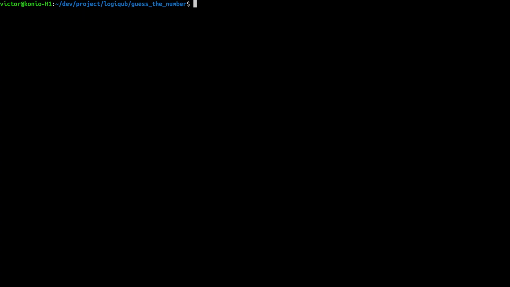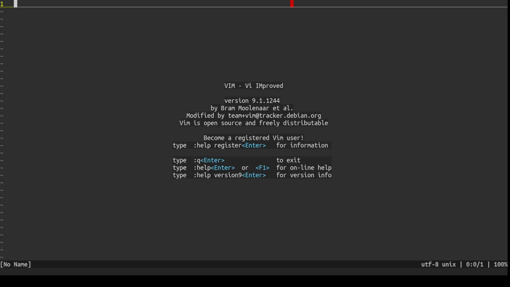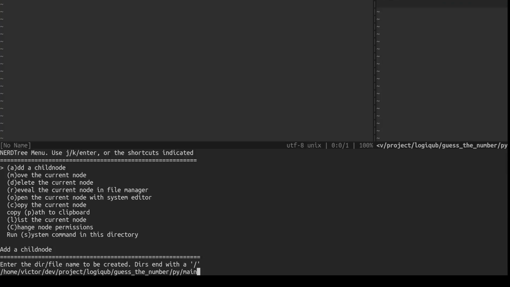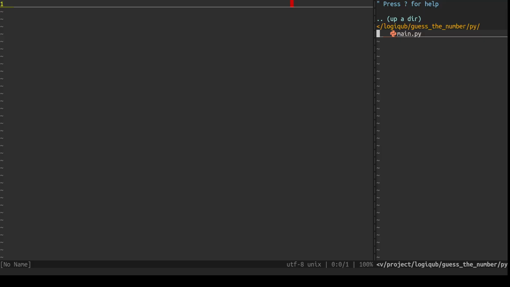So I will be writing this in Python, but the first time I made this program I did it in C, so maybe I will do a C version as well. Alright, now create main.py,